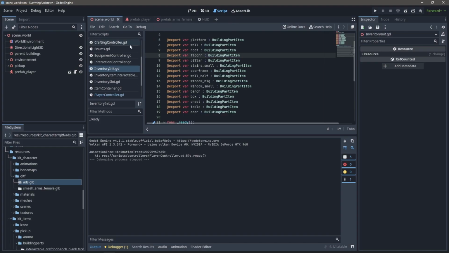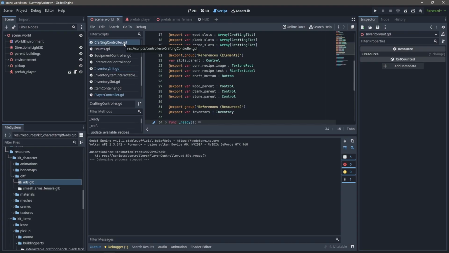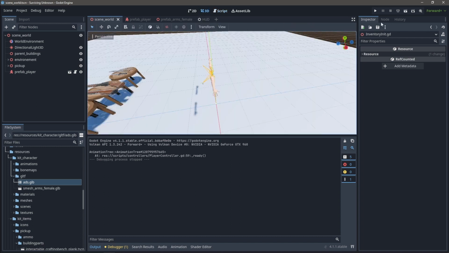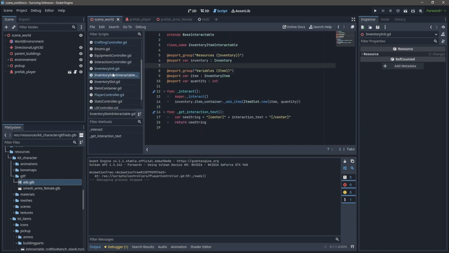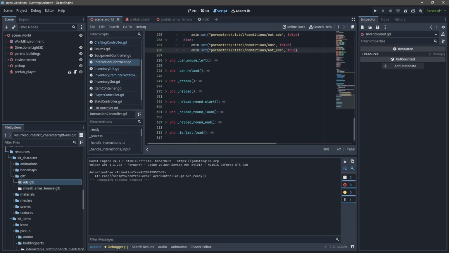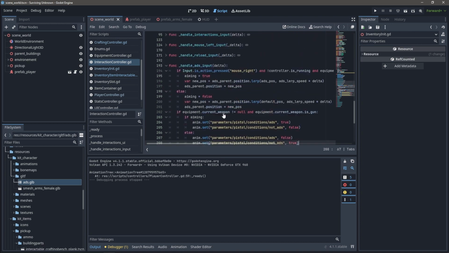Remember how I told you to wish me luck? Yeah, this is why. Because I did the aiming down sight, right? I made the code and everything. It's actually quite simple. But then I realized I needed a special animation for aiming down sight, because when I was using the idle animation, the gun moved a bit too much and I wanted to control that through a